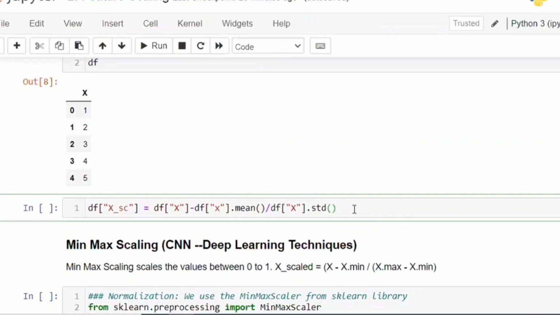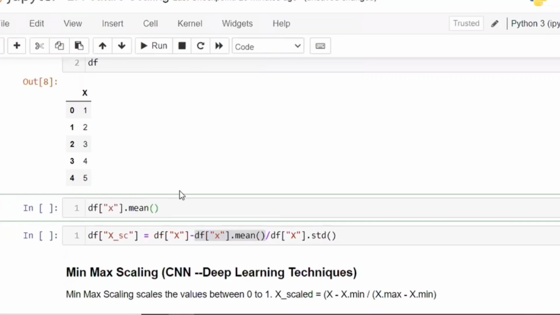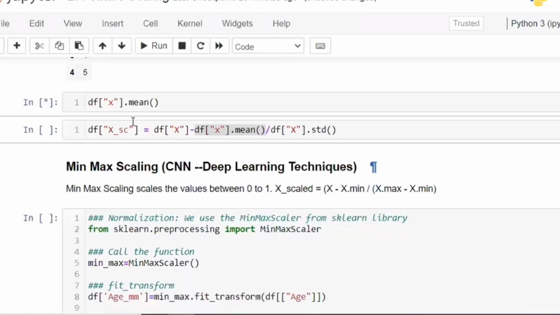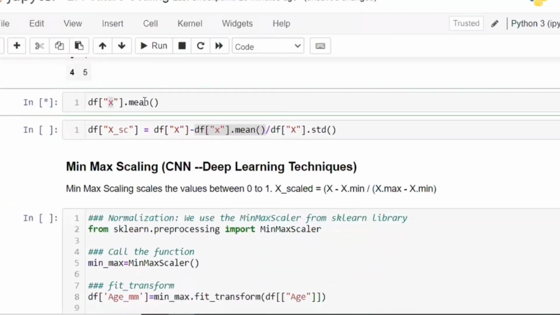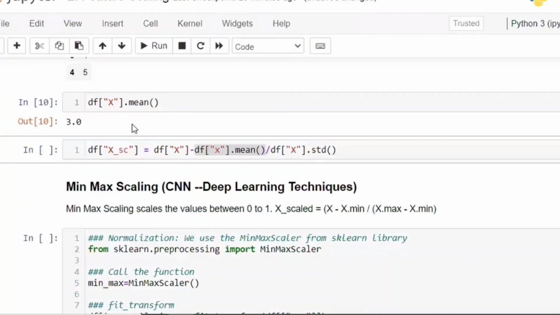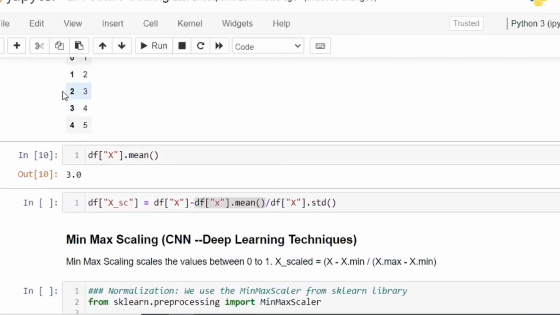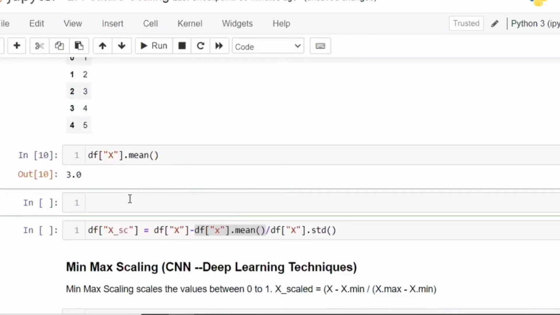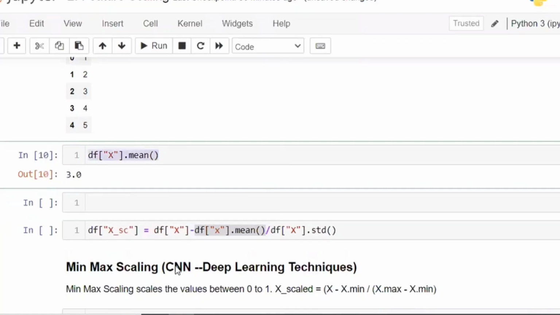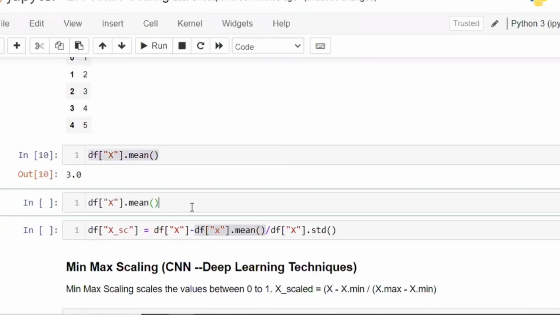Before executing this code, first I will do it manually. First I will calculate df of x dot mean separately. First I will calculate the value of this one separately. What is the mean value? Caps lock x, na, it is going to throw an error. Caps lock S. 3 is the mean. What is the standard deviation? Same df of x, dot standard deviation,